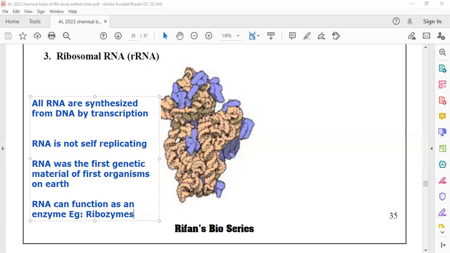So that's why in the beginning I told you, in one place, most of the enzymes are proteins. Can you remember that word? Most of the enzymes are proteins. I didn't tell you all the enzymes are proteins. Some RNA can also be, sorry, enzymes. RNA can function as an enzyme. Please, these details are very important for the exam papers.